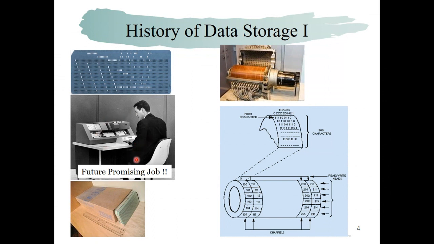So at that time, the job of this guy is called a puncher. There were many predictions that the puncher was a very promising job in the future. This is very funny because this job actually disappeared after maybe 10 years or so. That means such future predictions are not easy, and they are easily incorrect. So for students, nowadays many people predict some job is good for the future, but